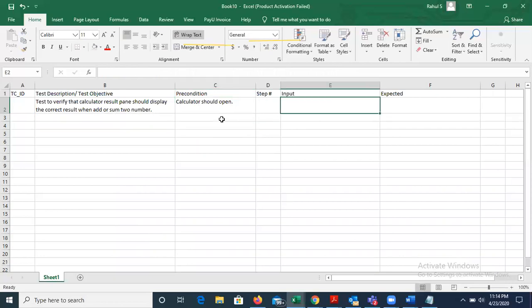So now coming to input, what activity the user will perform on the application, we will write in the input steps. So here I'm writing click on 2, and based on this activity what the calculator screen will display, that is my expected thing.